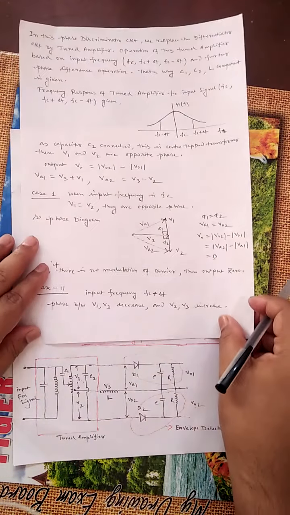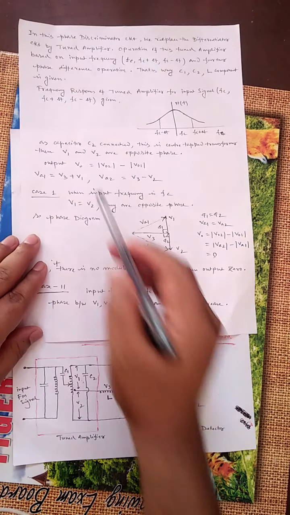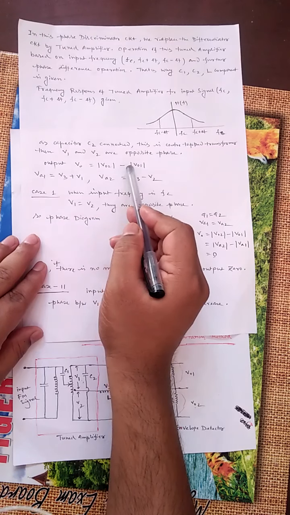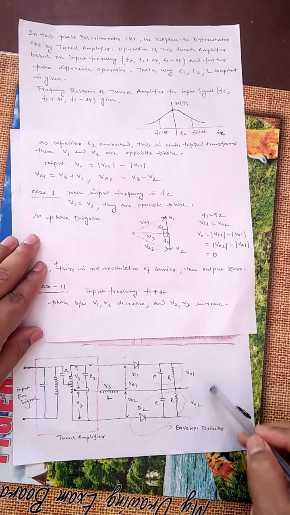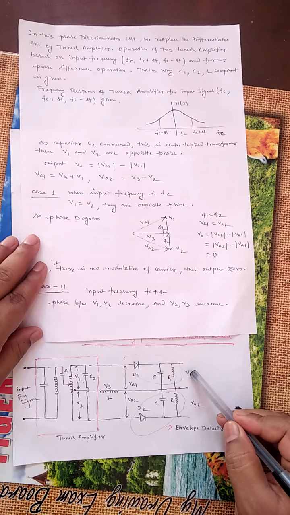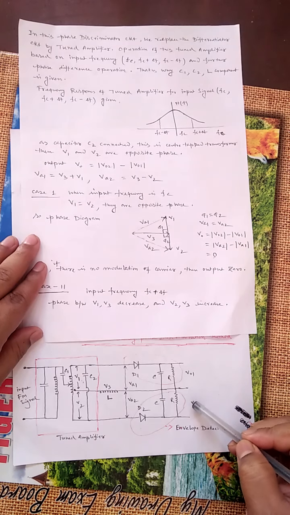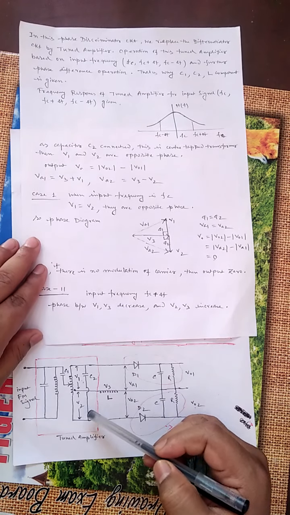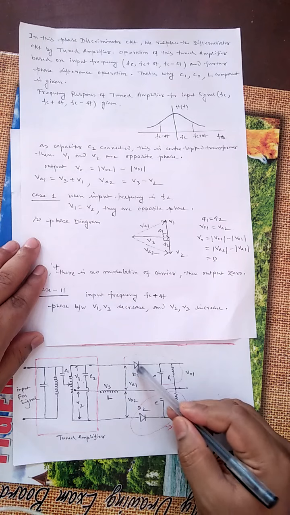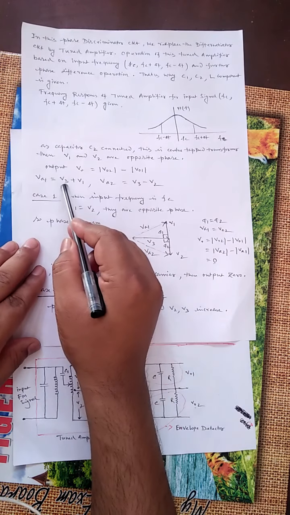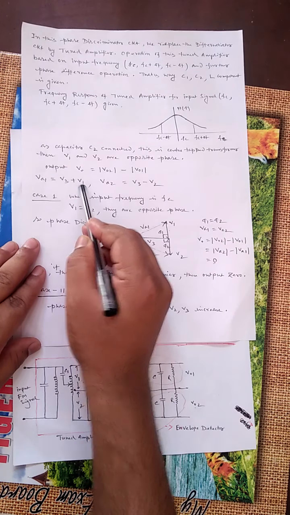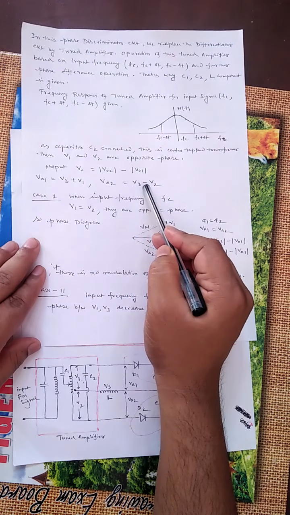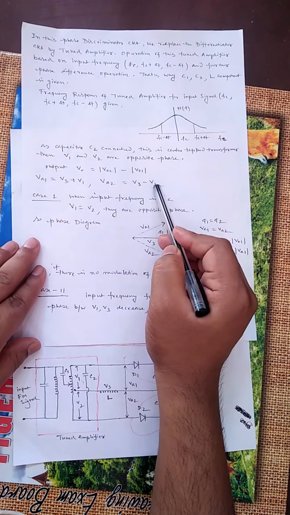So there is some equation here. V0, the output, is basically a difference of two outputs. The total output is the difference of V02 and V01, because there is already a 180 degree phase shift between V1 and V2. So the input voltage at D1 is V3 plus V1, and the input voltage to D2 is V3 minus V2, because of the 180 degree phase shift.